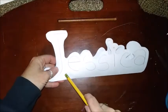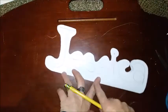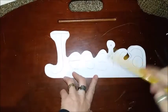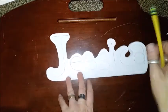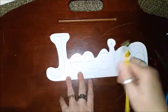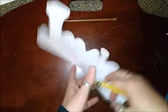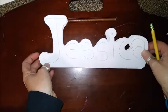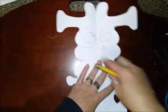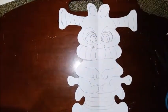because you can pretty much do any word you want. You don't even have to do your name. Let's say you want to make one for your mom. You can write mom or mommy, or write your mom's name. You can write the word pencil and see what you can come up with. There's all sorts of different things. You can write it in cursive. You can try pretty much anything you want, and then you can go in and you can color it,